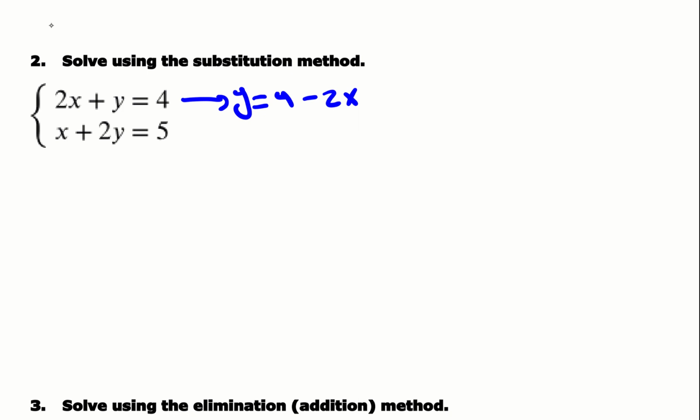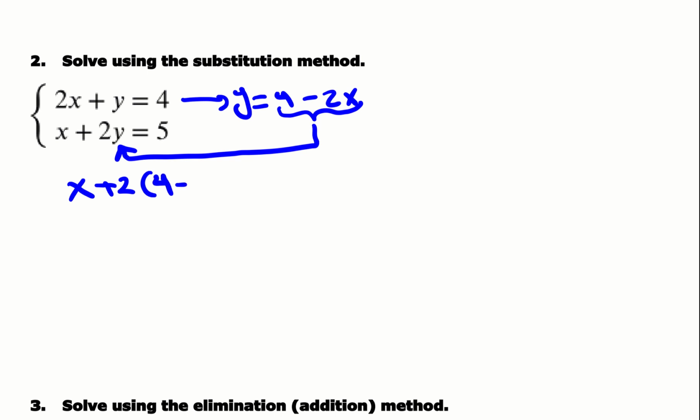So now we're going to take this y value, and remember, at the point of intersection, the x and y values are the same for both lines or both equations. So we're going to take that and substitute it for y in the second equation. So now we get x plus 2 times y, which is, instead of y, we're going to write 4 minus 2x